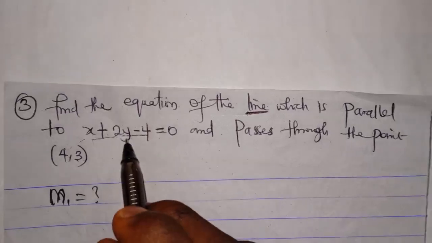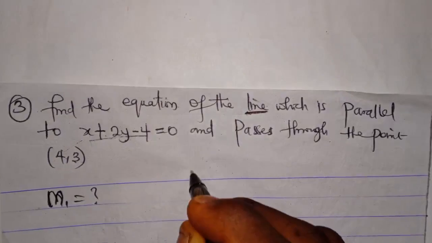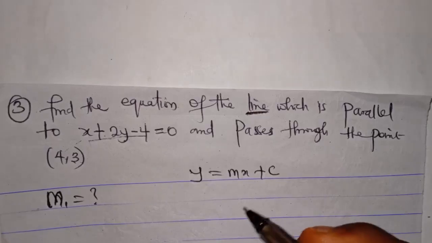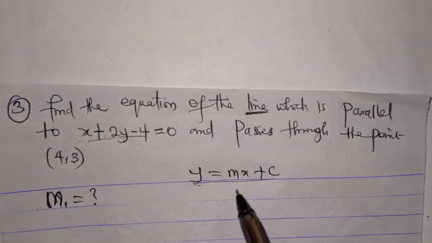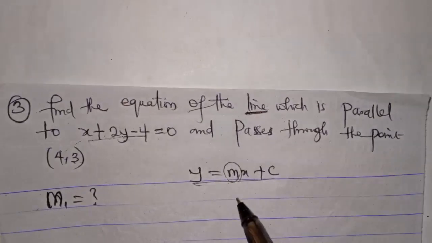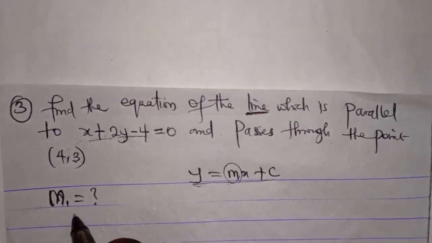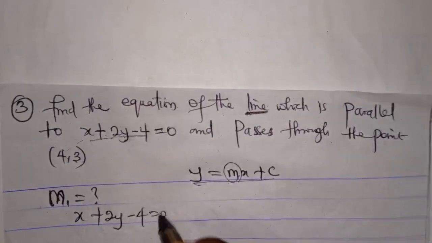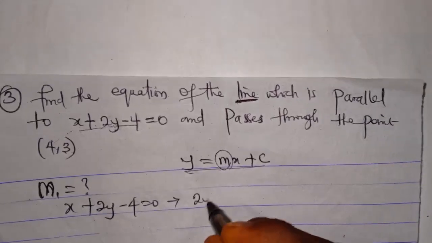The gradient of this line, we can determine it. Remember the form we said y equals mx plus c. We can write this equation in this form to determine m, which is the gradient. Okay. So if I say from x plus 2y minus 4 equals 0, I can make y the subject. It means that